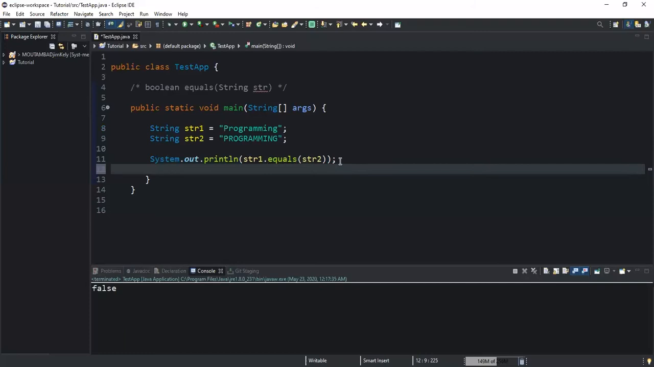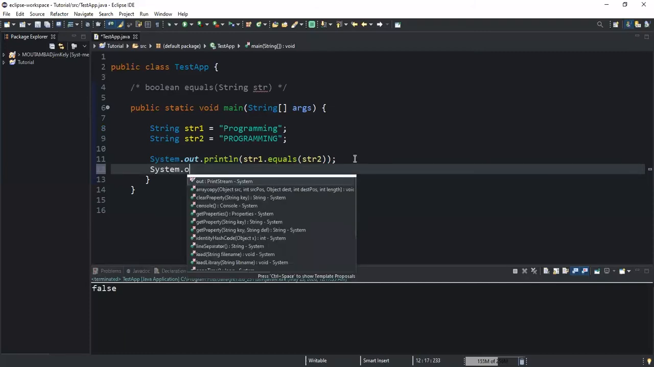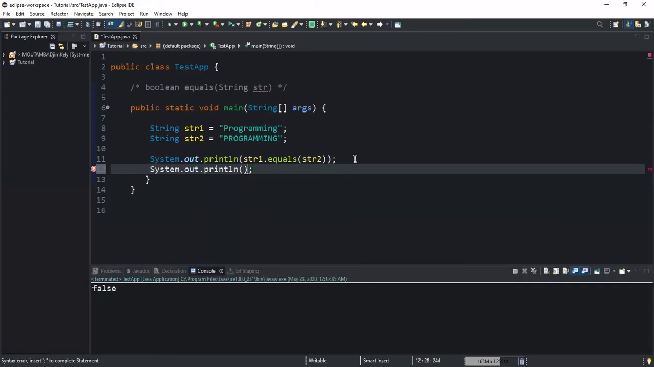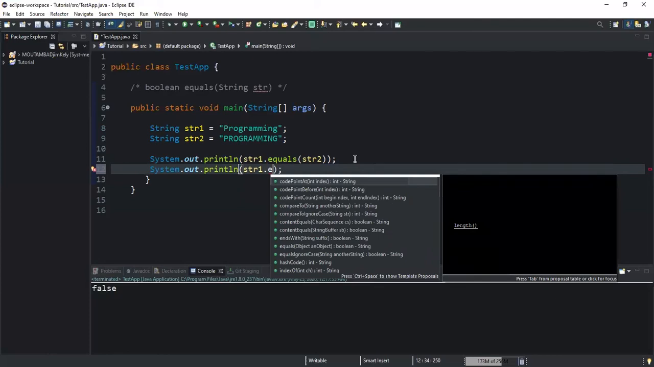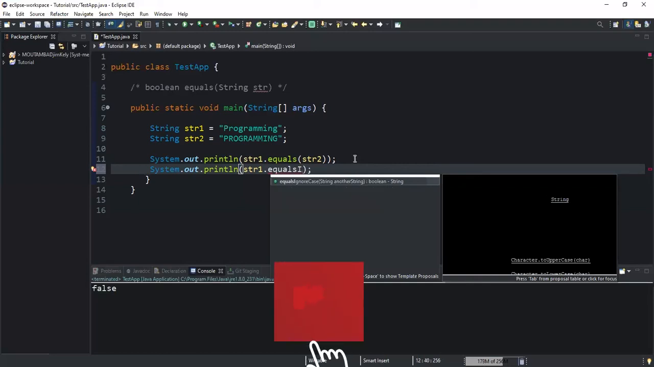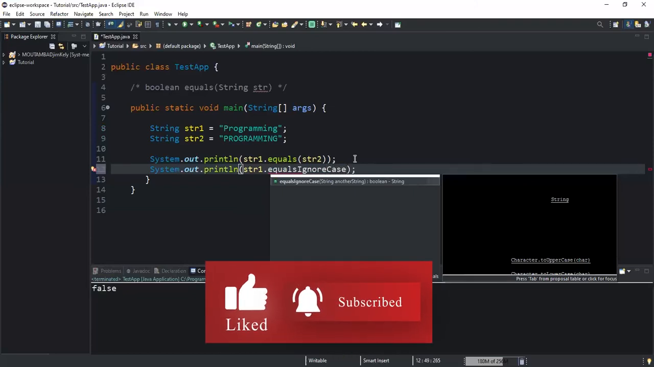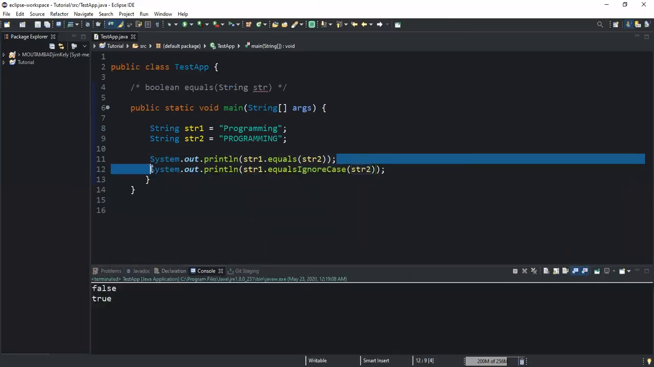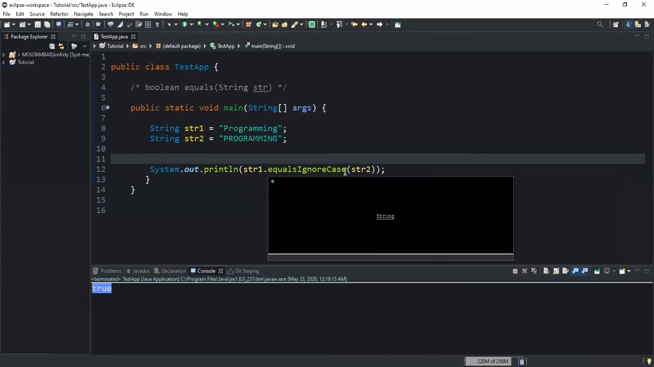But you will see that if I do another System.out.println, and inside I will write the statement to call my method. I will do str1, but instead of calling the method equals, I'm going to call the method equals ignore case. Okay, ignore case, like this. And in here I'm ready to write the string variable I'm comparing with. So if I run, you will see that it will return true. Let me remove this one, run this. It's returning true